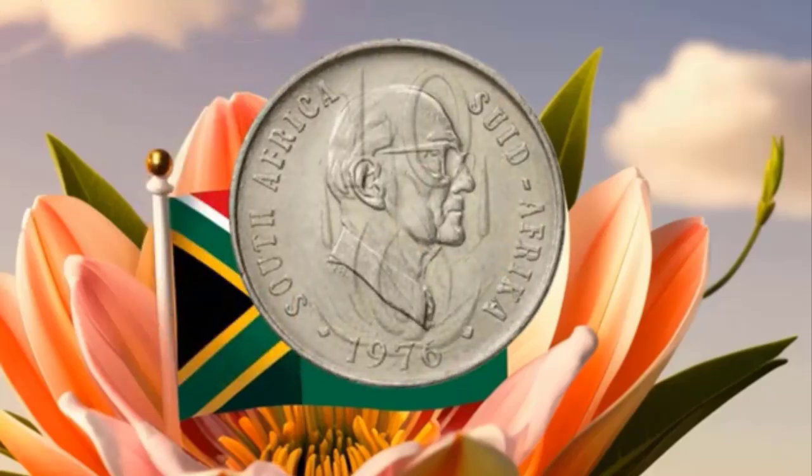This coin also teaches a lesson beyond numismatics. It shows that importance does not always demand attention. Small things, held with care and patience, can outperform the loudest of treasures. It's a lesson in legacy, patience, and discernment, lessons many in this age group understand intuitively, and now comes the